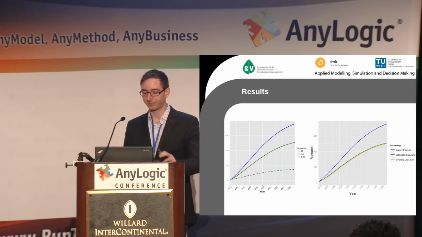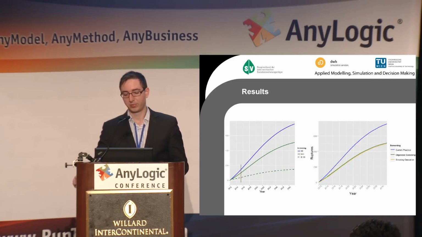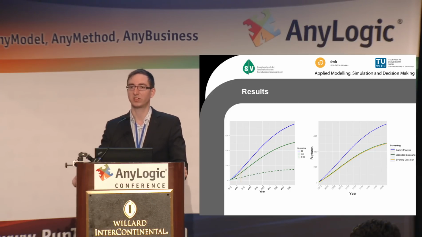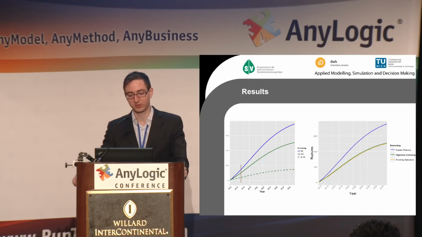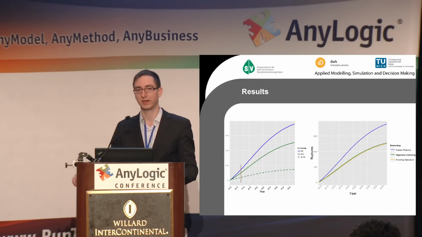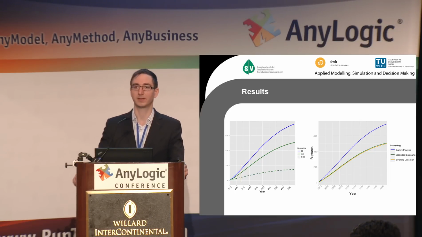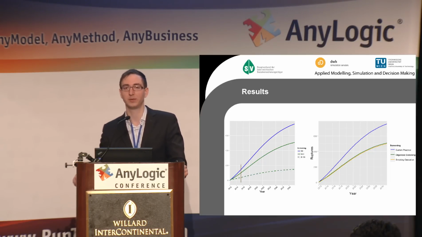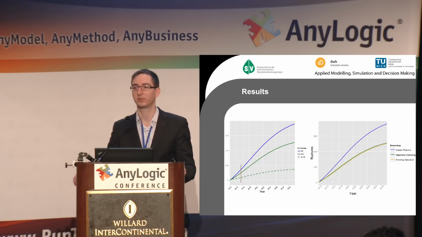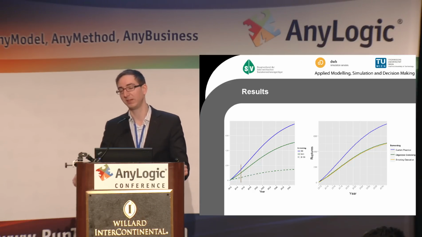To the results: the blue line shows what happens if we just follow the current practice in Austria, so the number of ruptures which will occur. If we introduce screening with about a 40% coverage rate, it will be reduced by about one third. And like I said before, rupture usually ends with the death of the patient, because, as we also know from the routine care database, about 80% of the people with a rupture who are not treated immediately die